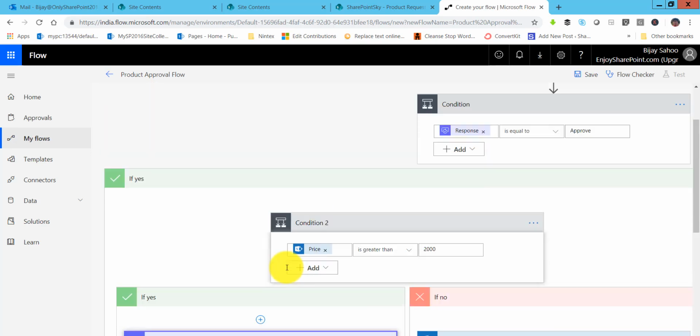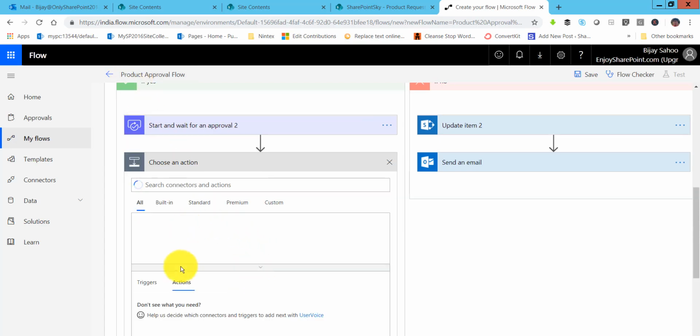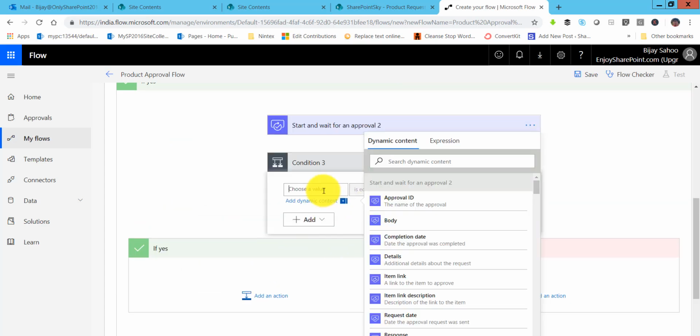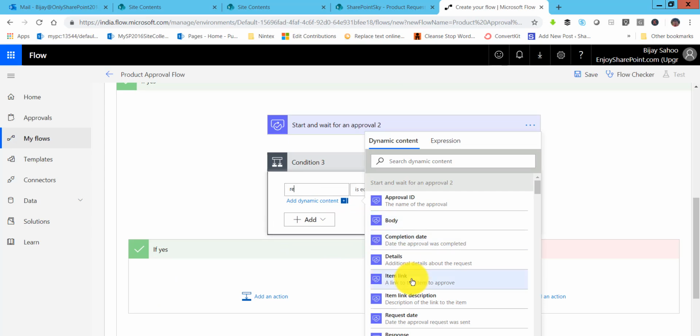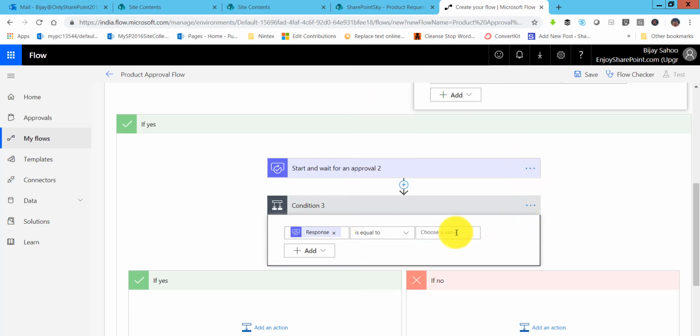Now we will use the same condition to check the response. So if the response is approved, then we can change the status to approved. At the same time, we will also send an email to the user saying that your product has been approved by the director. So you can see here, I'll add a condition. So go to that control, then there is the condition. So in this condition, what we will do is we will say the response. Let me just see the response here. You can see the first one will take the overall response, if it is equal to approve,